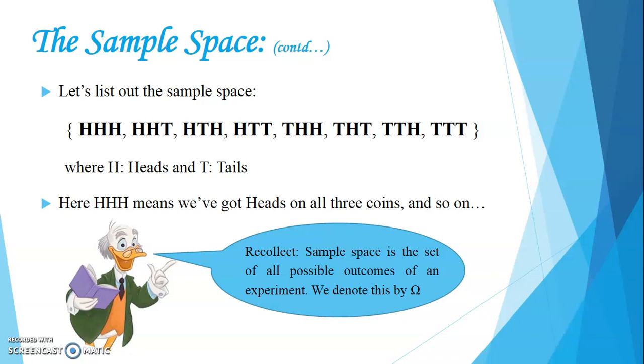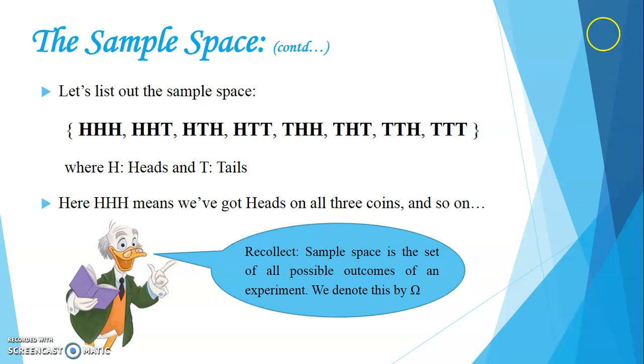Now if you recollect, you have already learned this previously. A sample space is nothing but the collection of all the possible outcomes that you can get out of an experiment. So you have 3 coins being tossed at a time. So the outcomes that you can have are as listed on your screen. You can have all 3 heads, you can have 2 heads and 1 tail, head, tail, head, and so on. So HHH, for example, denotes that you have got heads on all the 3 coins. HHT stands for heads on first coin, heads on second coin, tails on third coin, and so on and so forth.